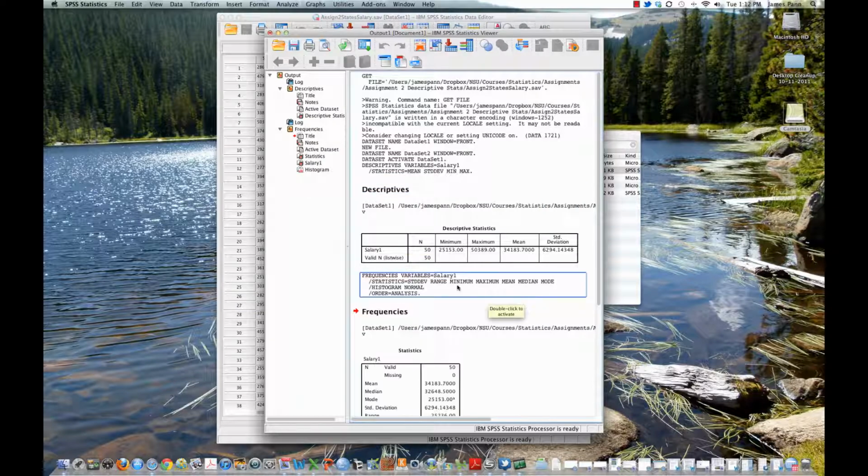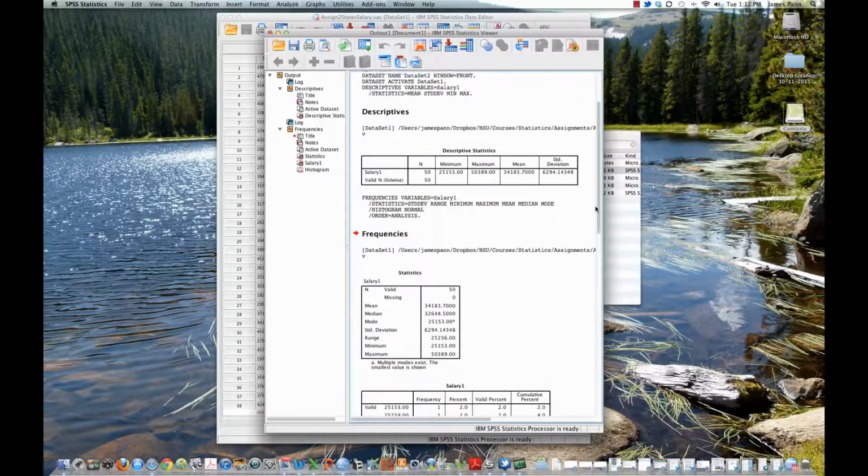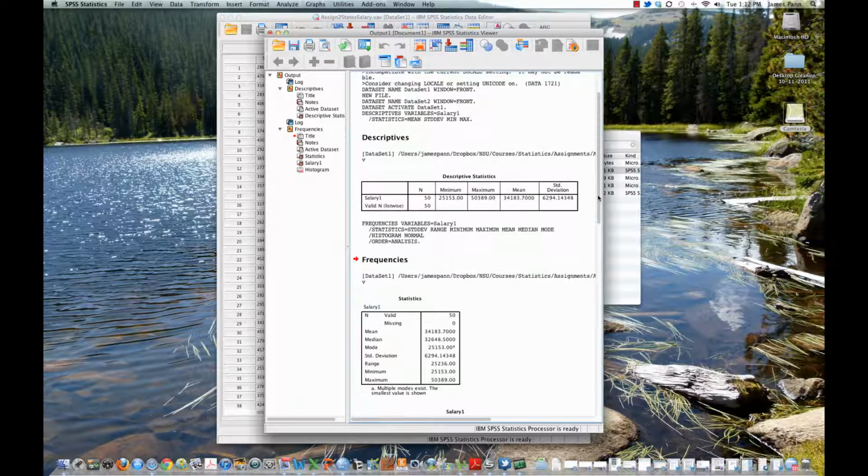And so you go ahead and run that, and you see, using the pull-down menus, anytime you run a procedure, it shows you, right here, the syntax that was automatically generated. So you could actually just copy and paste this in the future and use this. Save the syntax file, and then rerun it.